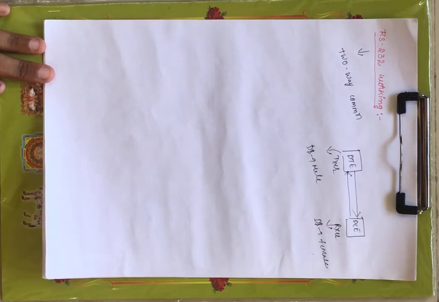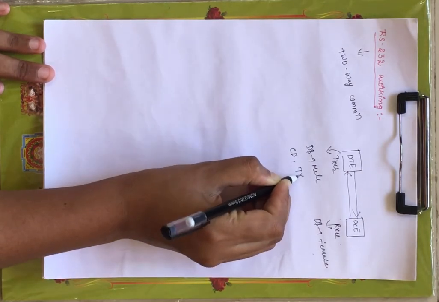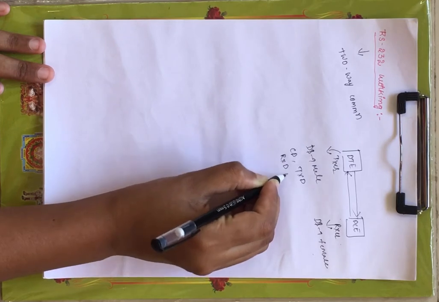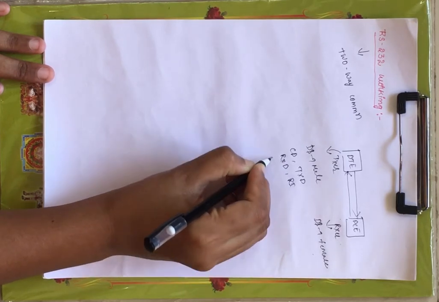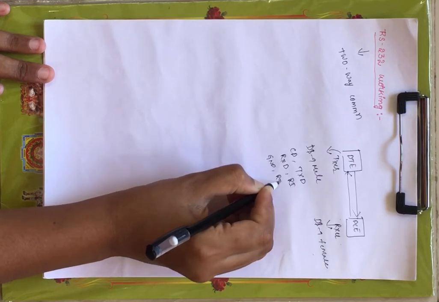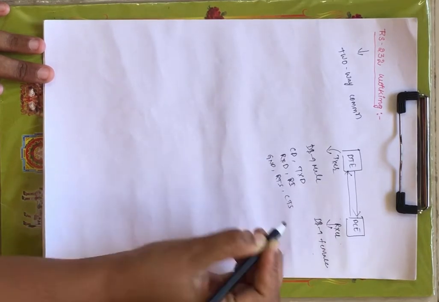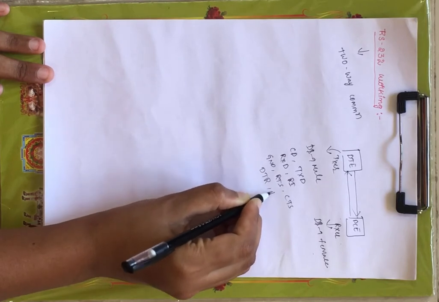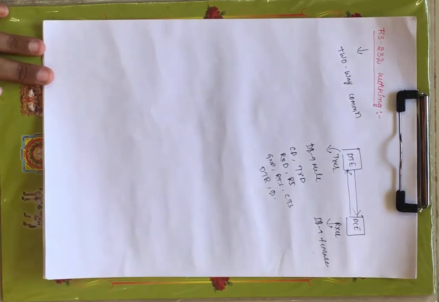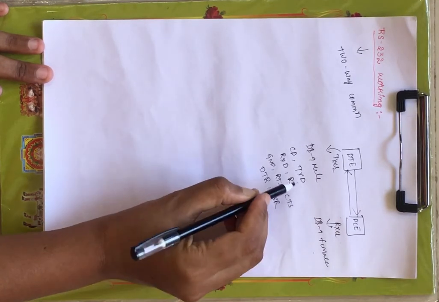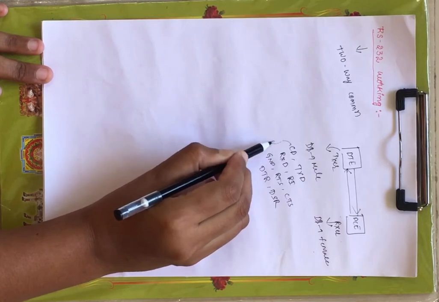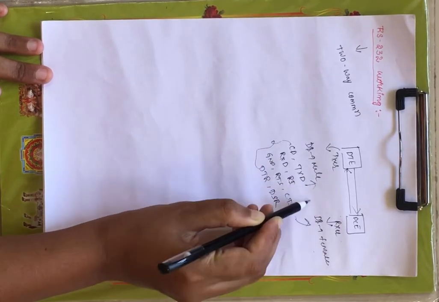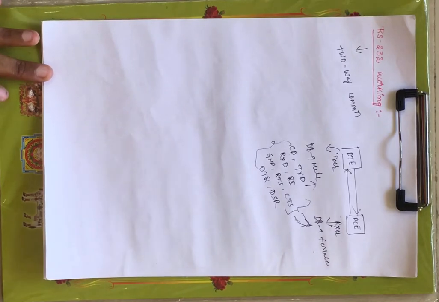This contains 9 pins. What are those pins? We have seen carrier detect, the transmit pin TXD, and RXD, the receive pin. We have ring indicator, and we have ground reference. Next we have RTS, request to send the data, and CTS, clear to send the data. Next we have DTR, which is data terminal ready. And next we have DSR. In total, 9 pins are allocated to the male as well as the female. The same pins are available for the DB9 female also.